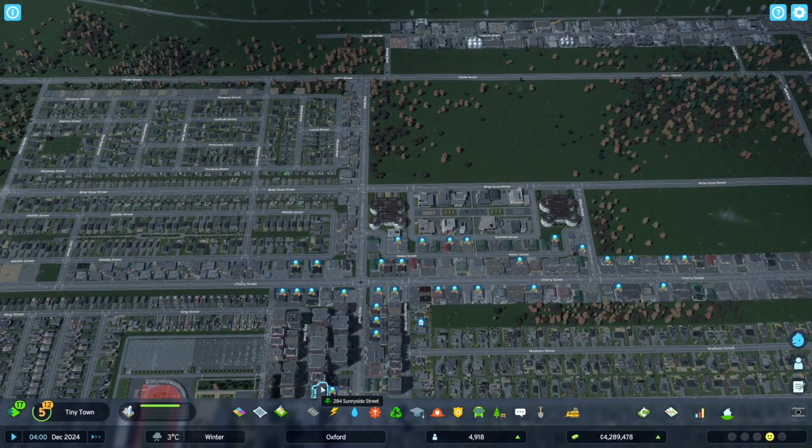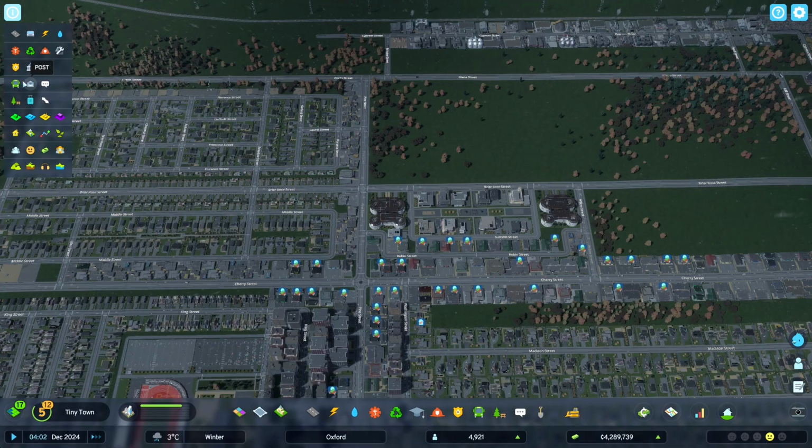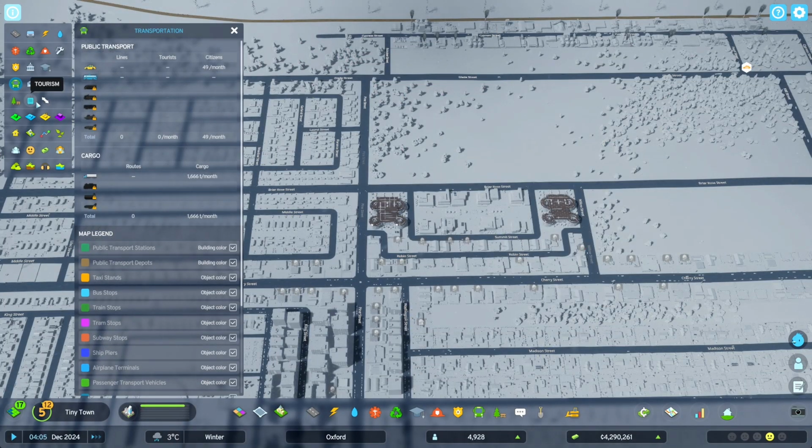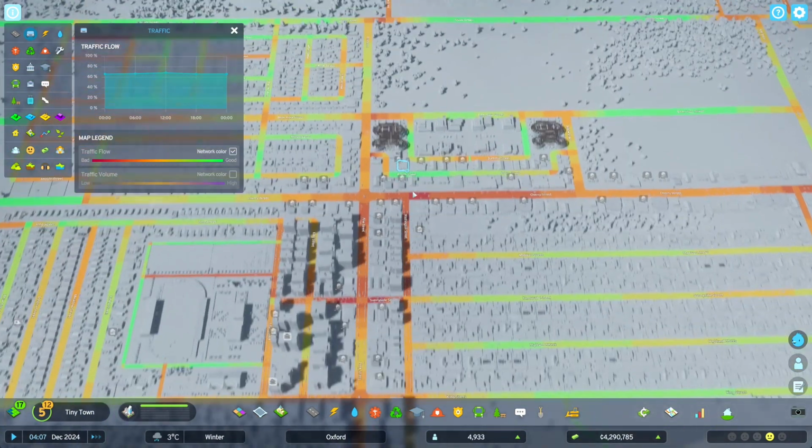So just take a second to think. What should we do next? Yeah, so we do have the transportation to work on. So if we have a quick check of that. So yeah, at the minute we don't have any public transport set up. So we're not going to see anything there, but traffic, that's what I was struggling to find then.